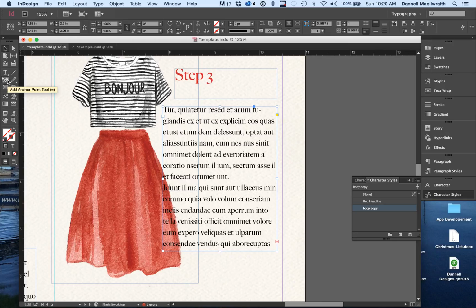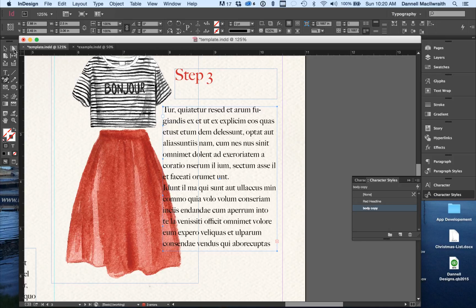And I'm going to come over to, underneath my text tool, there's the pen tool. Now, this pen tool works exactly like Illustrator, except for this example, we're actually going to just add some anchor points so we have more control over this text box. So go to Add Anchor Point tool. It's the pen tool with the plus sign. And I'm going to come to this text box, which is still selected, and I'm going to add some points down the left side of this